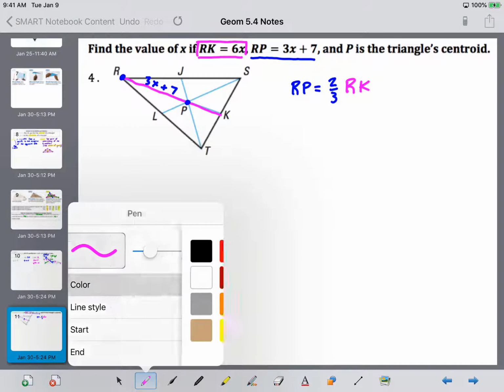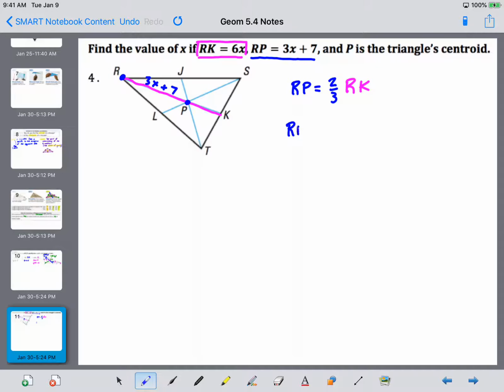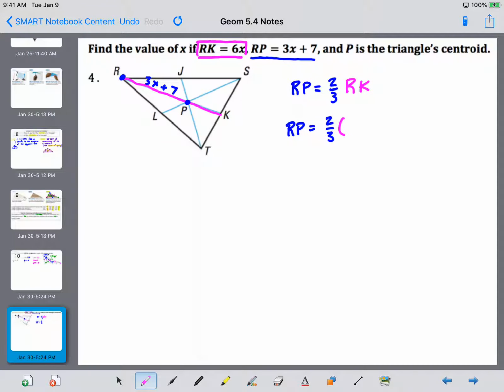So in other words, RP is 2/3, and instead of using RK, we can use 6x. That's the same thing. And 2/3 of 6 would be 2 times 6, which is 12, and then 12 divided by 3, this would be 4x. So we know that RP